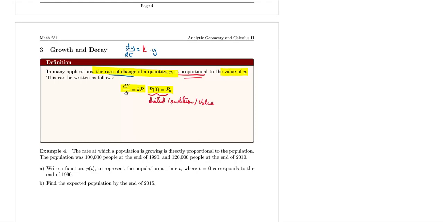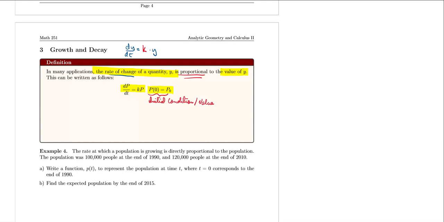Okay, so let's say that we know the differential equation. How can we find the p-value? Because we don't want dp/dt, we want the function p. Alright, so this problem, as you can tell, involves the method of separation of variables. So I'm going to go ahead and use the method of separation of variables to solve this differential